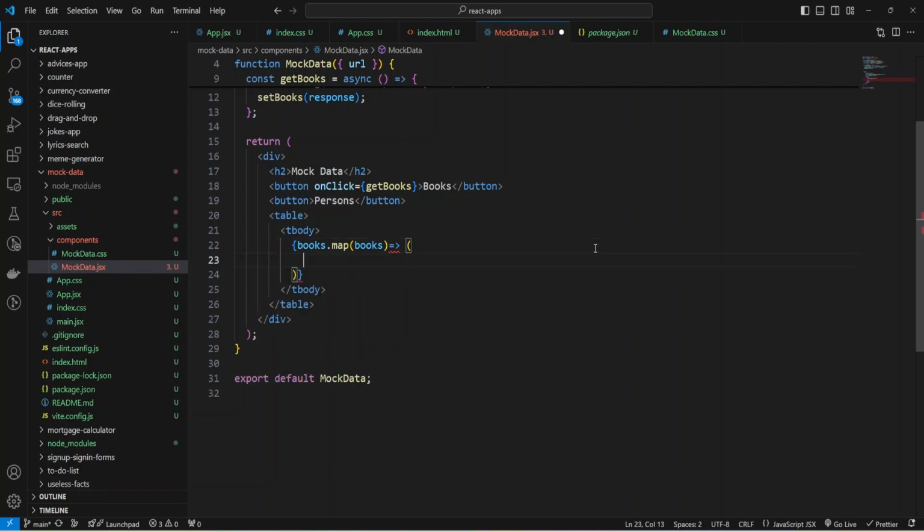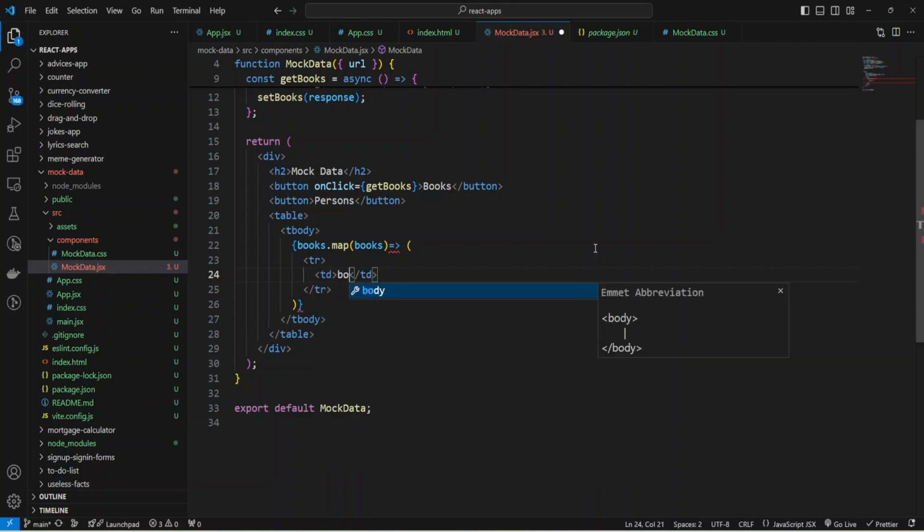It will be one body row and column. I'm going to use book ID.